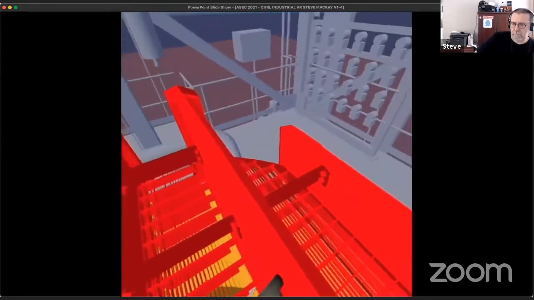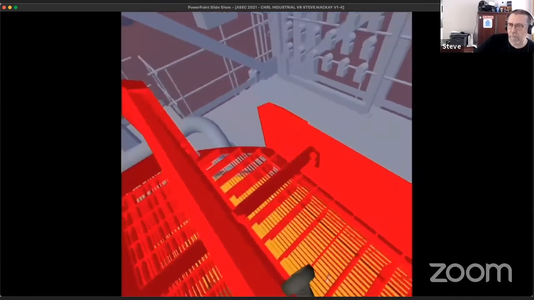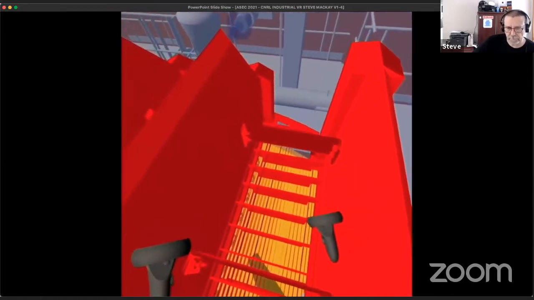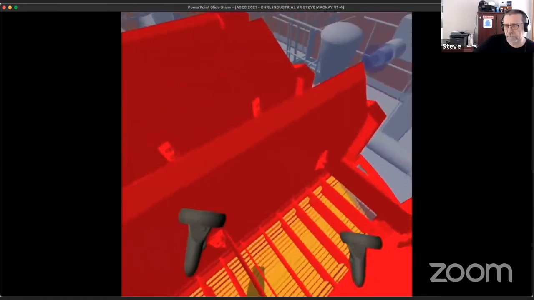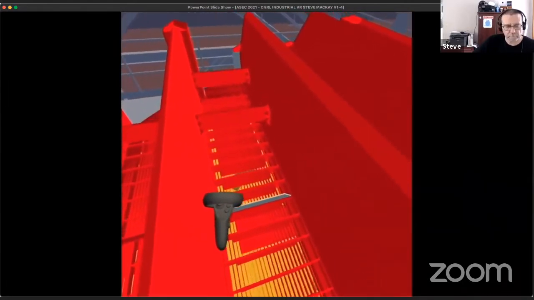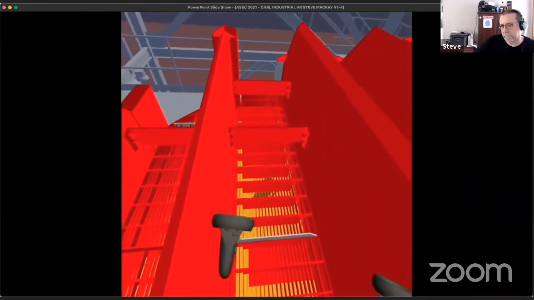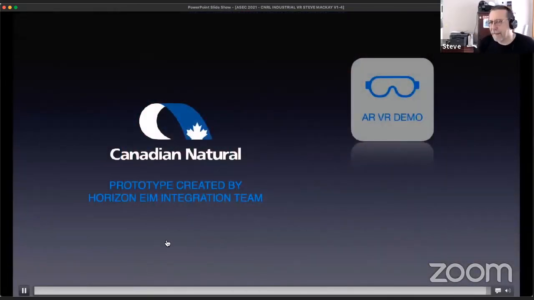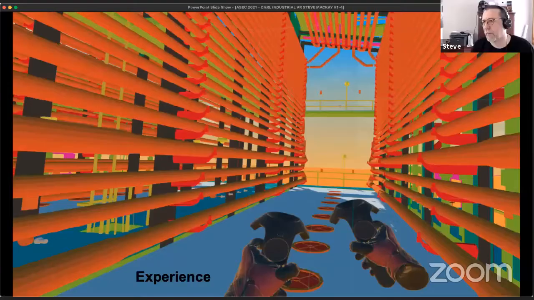And I can look over as if I'm standing on that grating. I can see through the floor, and I can actually see what I'm going to have to unbuckle and undo in order to get access to the trays down below. So it's kind of hard to show completely on a flat screen, but that's an example of taking that